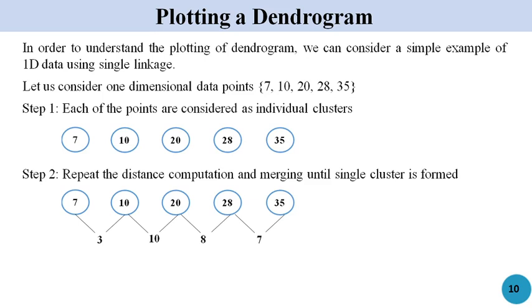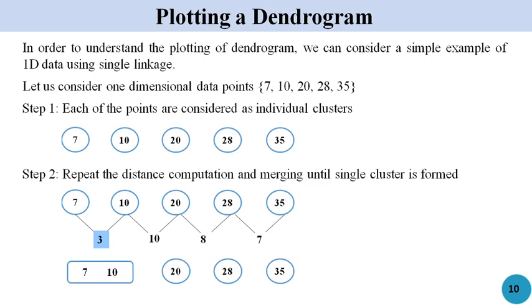Similarly, in order to calculate the difference between the other clusters, we can just find the difference between them. So once I find all these differences, I have to see which is the shortest possible distance. It would be 3. So now, since 3 is the shortest possible distance, I'll be merging the clusters 7 and 10 into one single cluster. So the result would be 4 clusters, with one cluster consisting of 2 data points 7 and 10, and the remaining 3 are individual clusters.